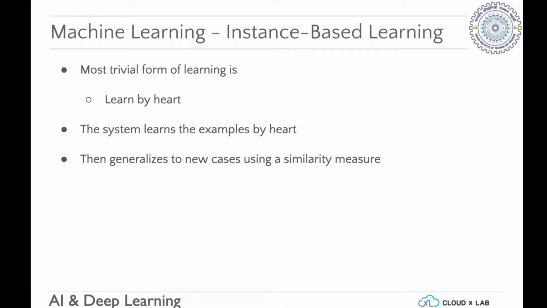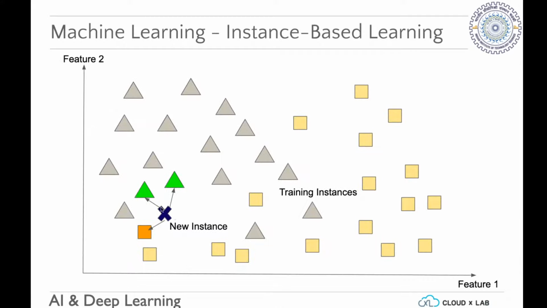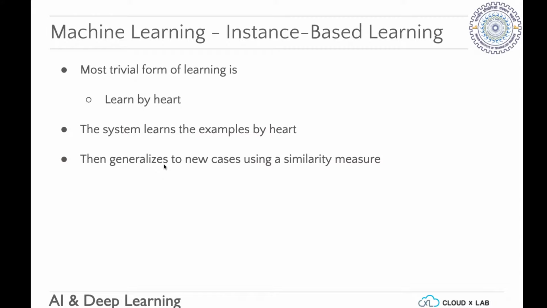As we saw before, a new piece of data x came in. Your task is to decide whether it is a square or a triangle. So it looks up what it is close to. The x is close to two triangles and close to only one rectangle, so it is a triangle. This method is called instance-based learning, based on closeness and similarity.